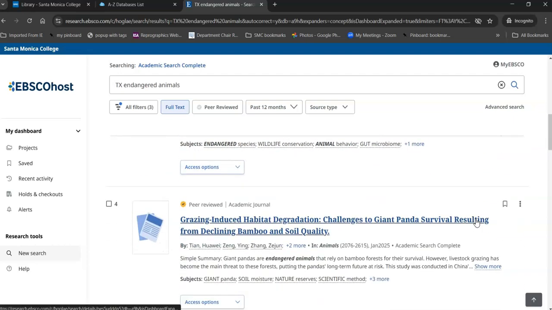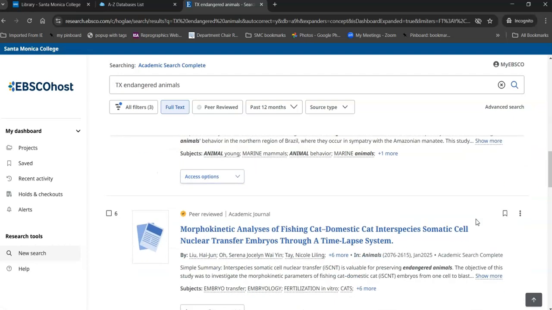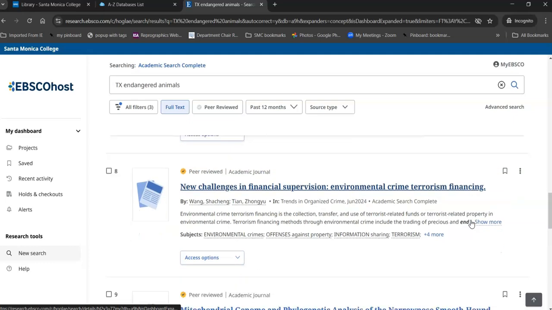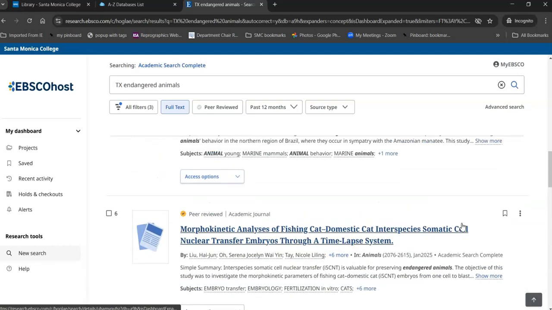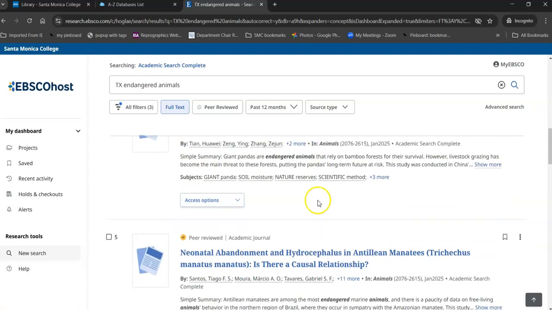Then, as I go a little further down, I'm noticing most of these are peer-reviewed academic journals, which is often good because that's often what your teacher requests for you to use. Okay. Once you find something that looks interesting,